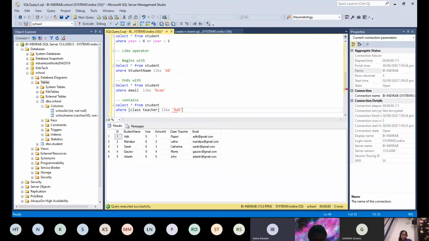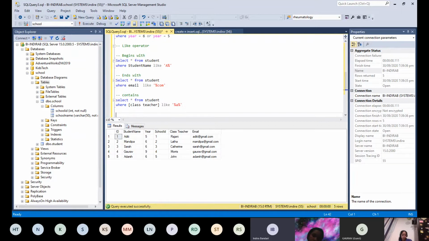Yes. So is this correct for contains? Yes. And how many are we going to get? 3. Class teacher name has A in these 3 rows, but not in this one. So we are going to get 3 records.